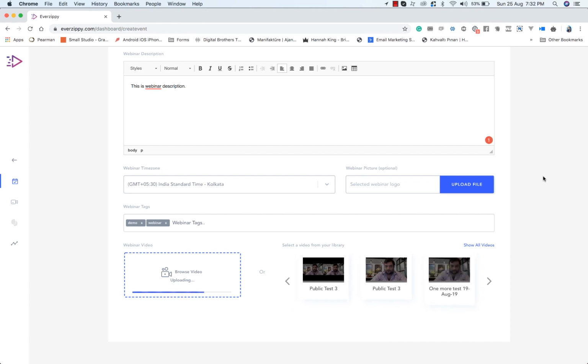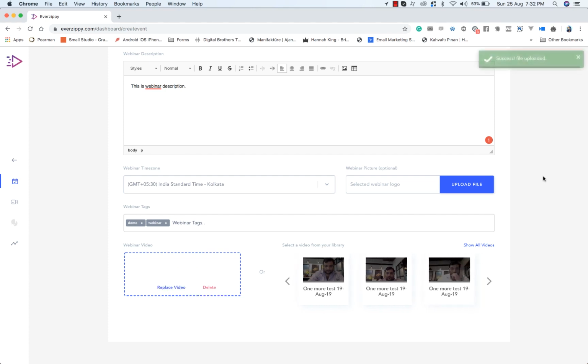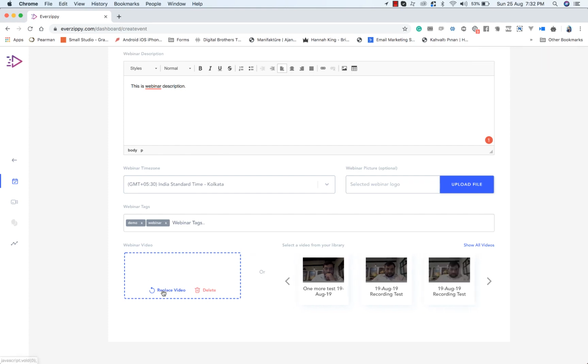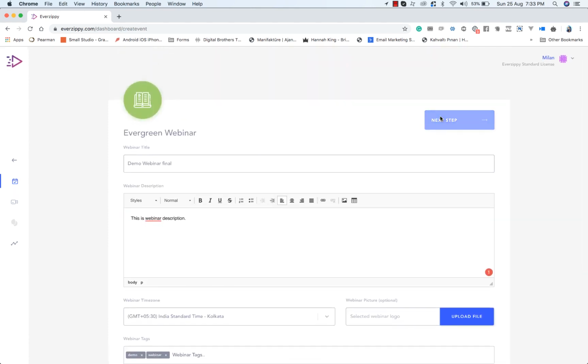we will click on the next button, and once the file is uploaded and we save it, then it will be, yeah, here we go. So the file has been saved successfully, and now you have the video here. If you want to replace it, you can replace or delete it. You can see the preview of your video here, and now you can click on the next tab.